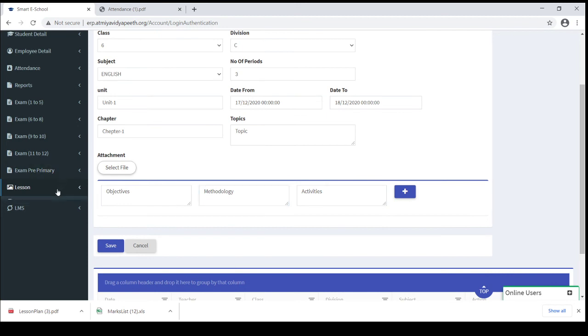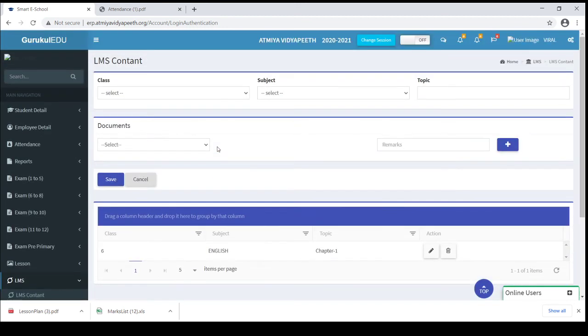Next module is LMS. It's a learning management system. From here, a teacher or employee can send work material or some reference material to the students. You need to upload: select one class, select a particular subject, insert a topic, and here you can upload either a PDF or a YouTube link.